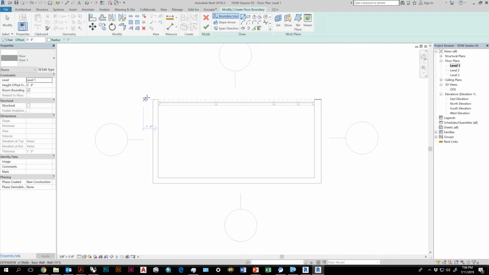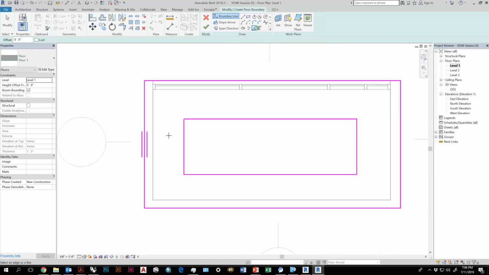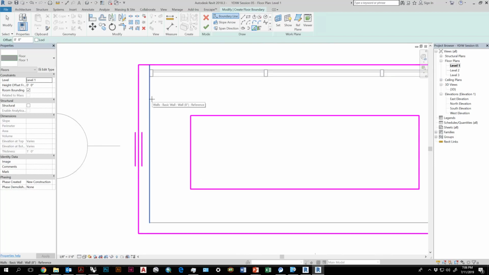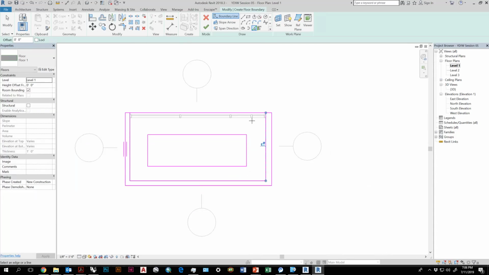So the tools for drawing are line, where you can go in and draw your polygon. You'll see it in magenta as the sketch that you're currently drawing. You can also use the rectangle tool, which is very handy. What I've done right now is actually created a floor with a gap in it, which can be used for shafts or atriums, etc. There's the polygon tool. There's the pick line tool, which is one of my favorites. So if I wanted to be very specific as to where this floor was going, and I wanted to attach it to geometry that already exists, I can do that. So I can select those areas there, and now the floor area has been added.